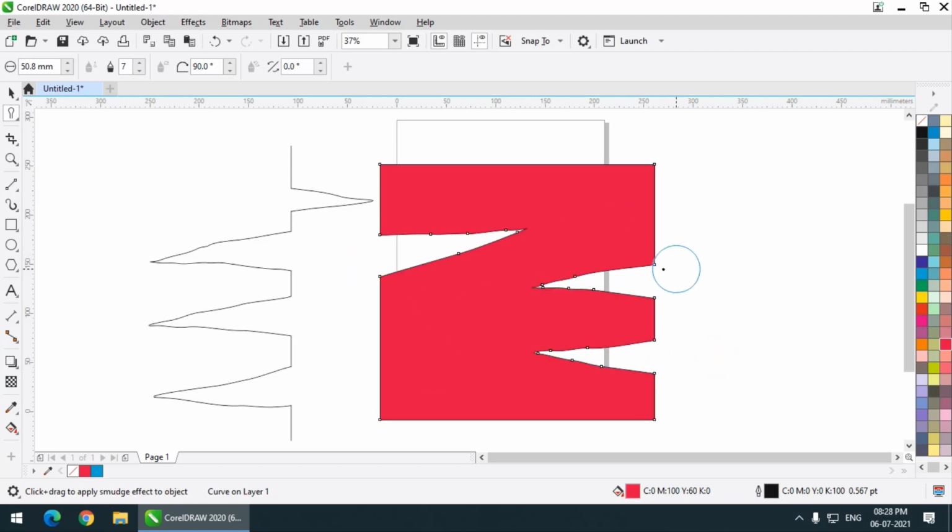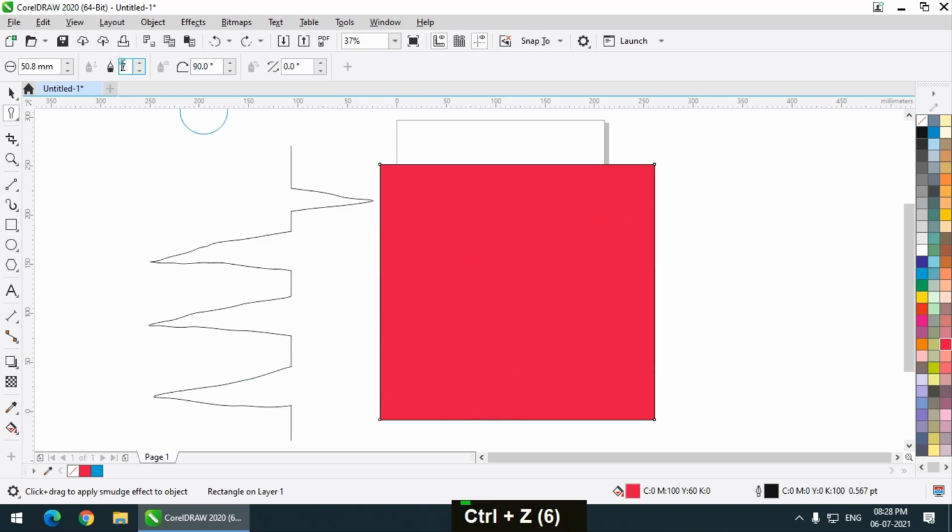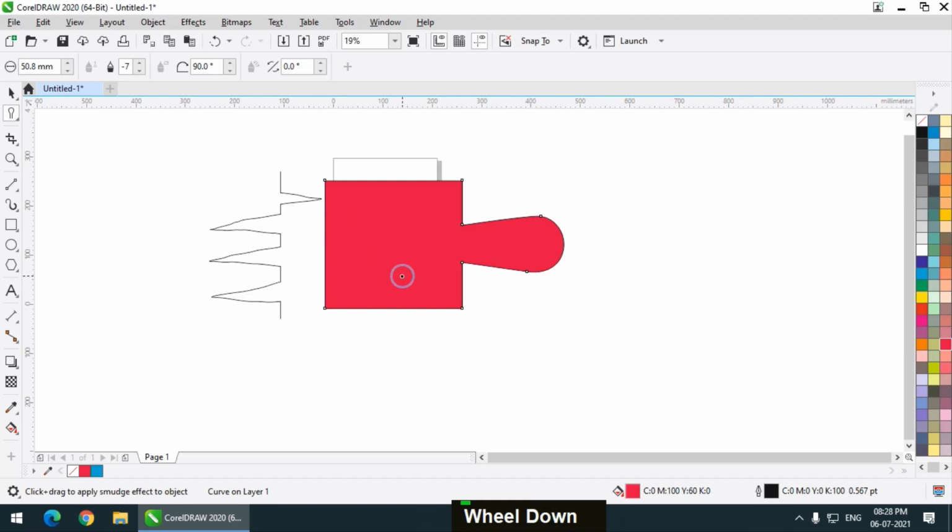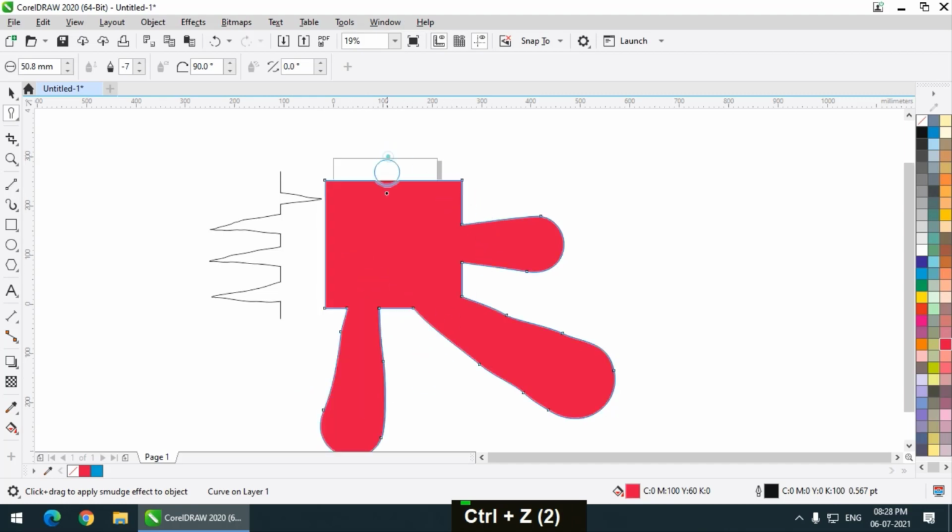It narrows as we go along, like this. And what if we keep it to minus? So I'm keeping it to -7 now, as you can see, minus. So it will do the opposite, it will increase as we go along. It will increase like this.